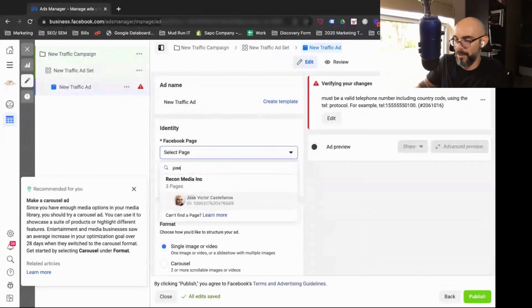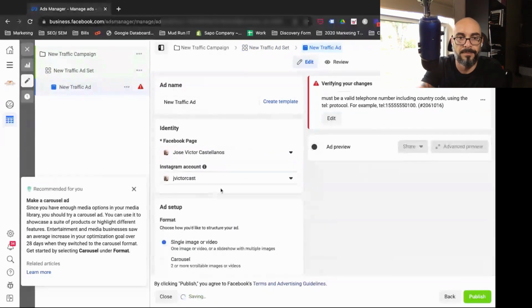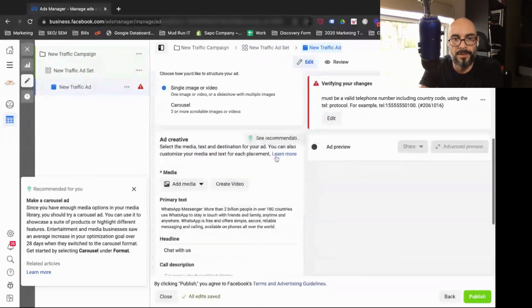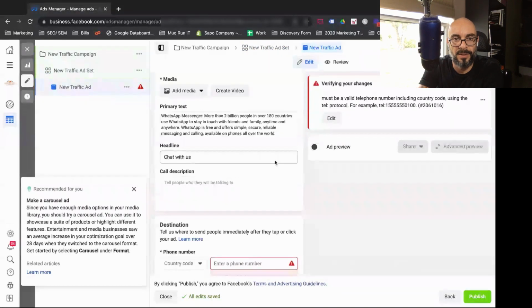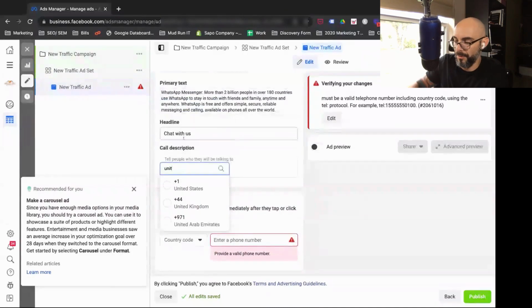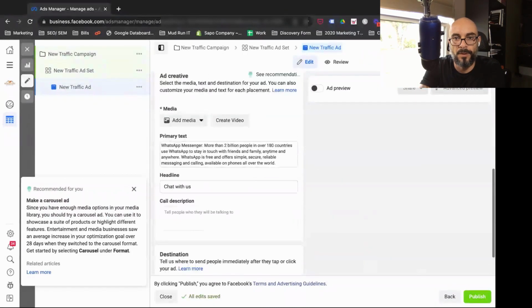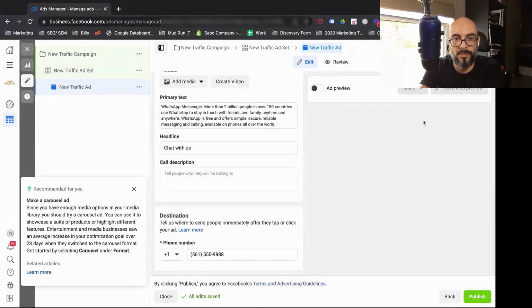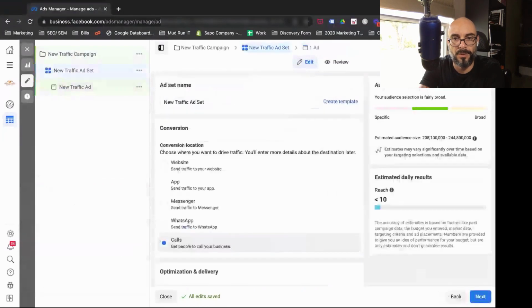Select your Facebook page, Instagram page, and then your ad creative, ad copy, headlines, description. And again, this is where you'll enter in your phone number. And then you have your phone number added in there. And then you'll see a preview here on the right-hand side. And let me go back. I'm going to show you another way real quick as far as what you can do for